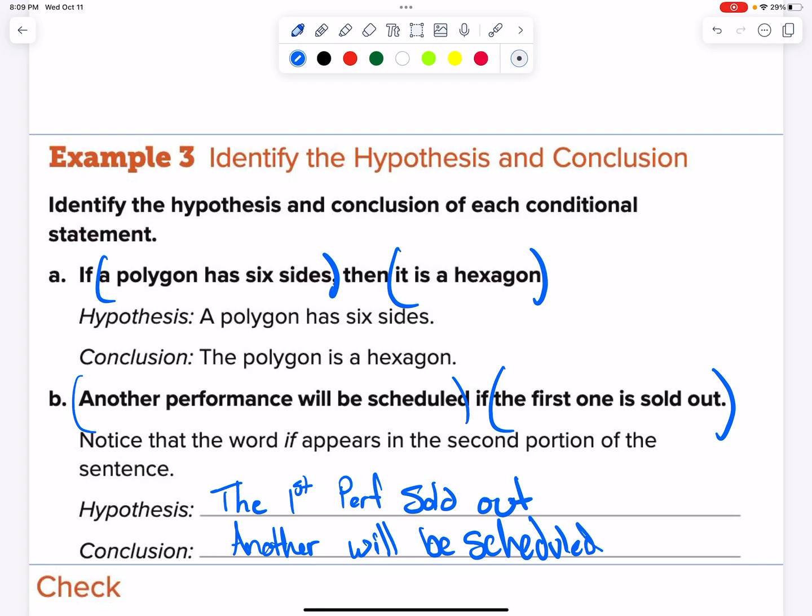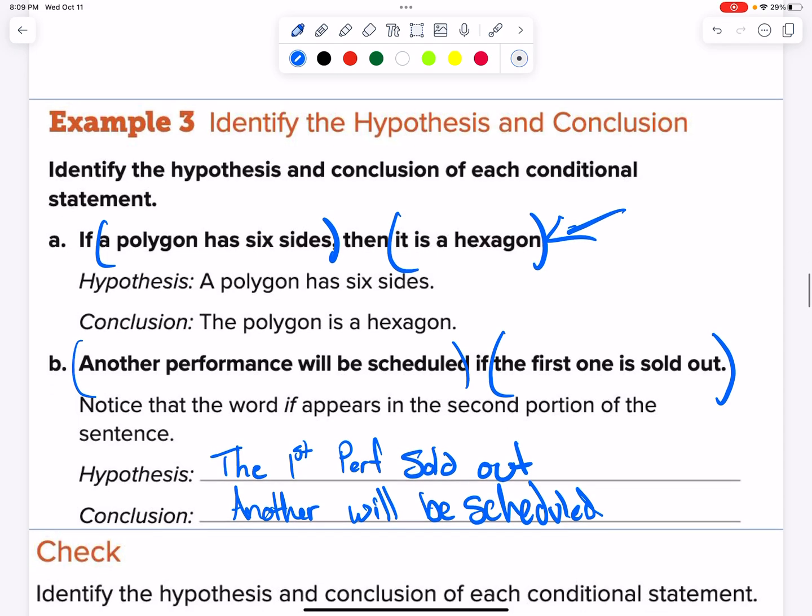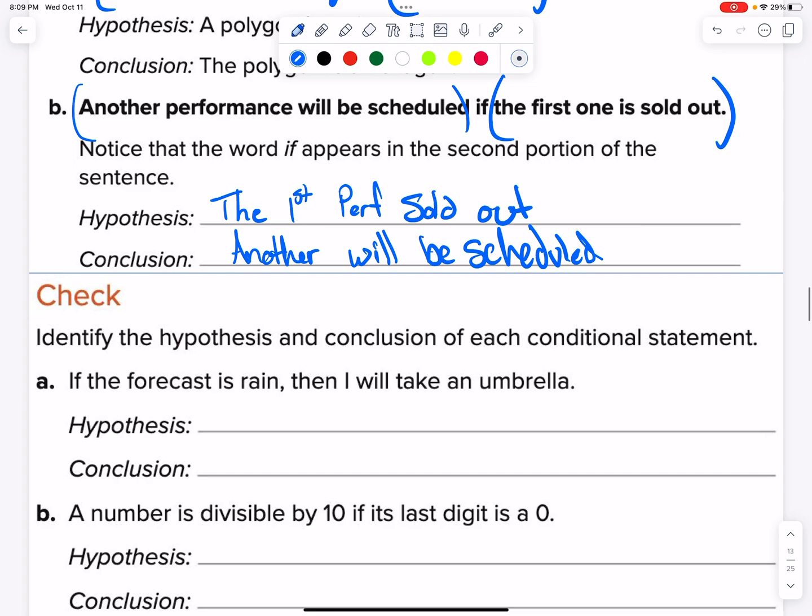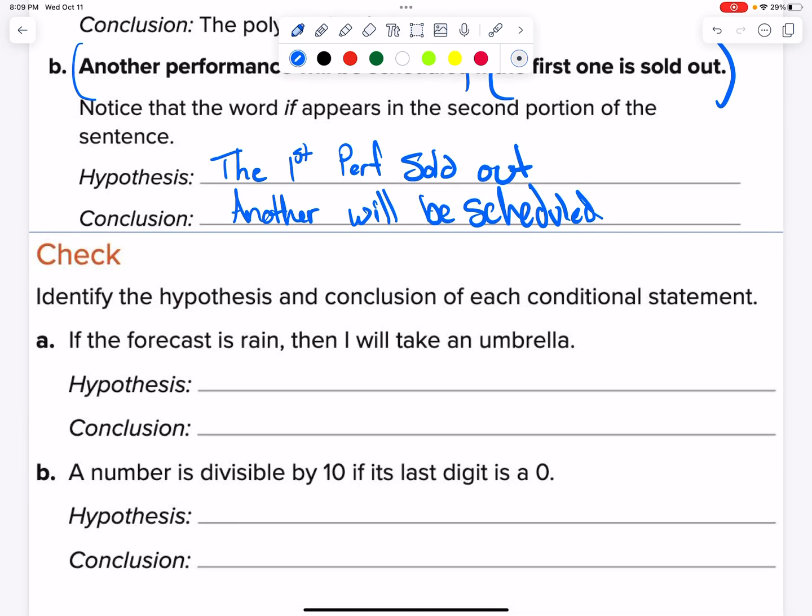Okay, and again, I've never taught it where if is in the second part, just to keep it uniform. Your questions on your quizzes and tests are going to look like this. It's going to be in if-then form, just to keep things straight. So again, doing the skill check here, make sure you try it, but keep in mind that every time you see one, it's probably going to be written like this, especially on an assessment, just to keep it straight. So again, the hypothesis here,